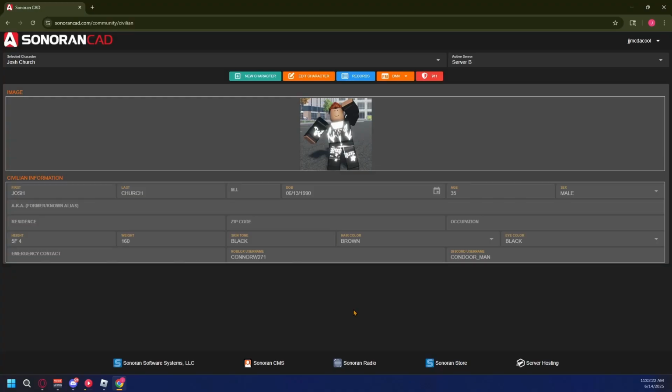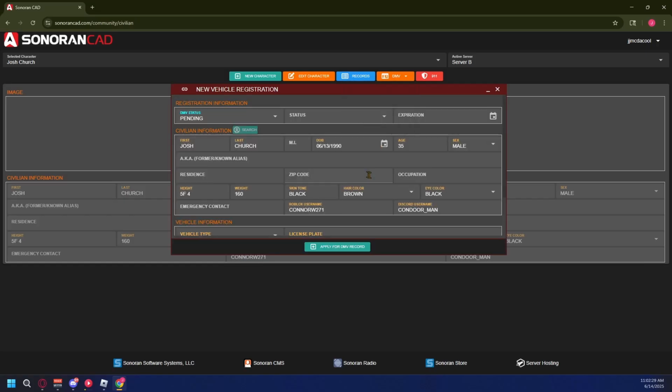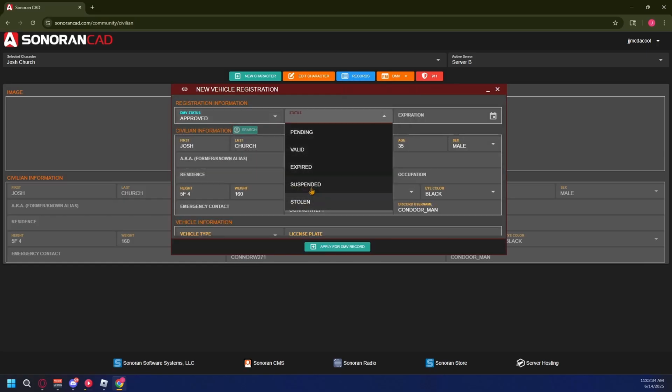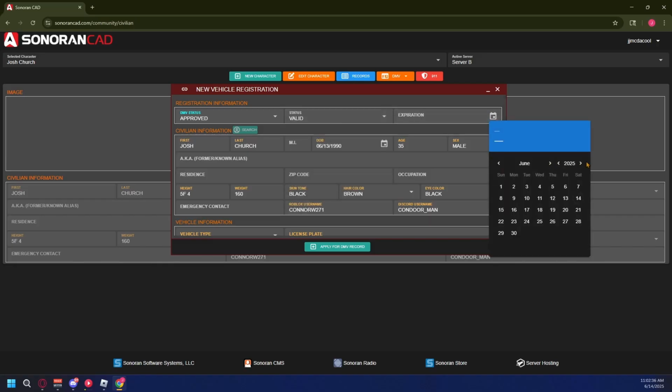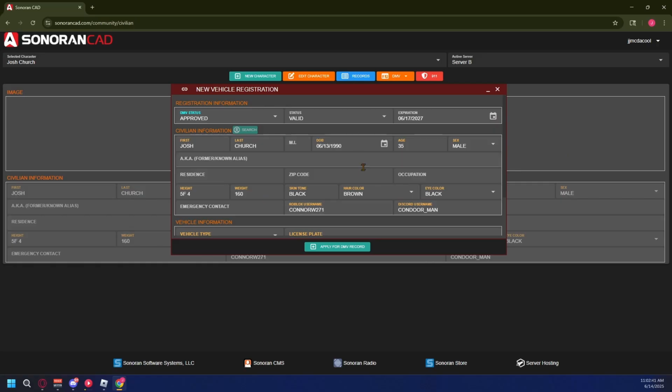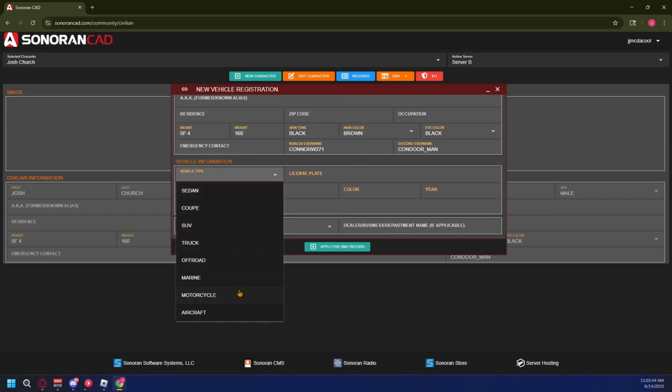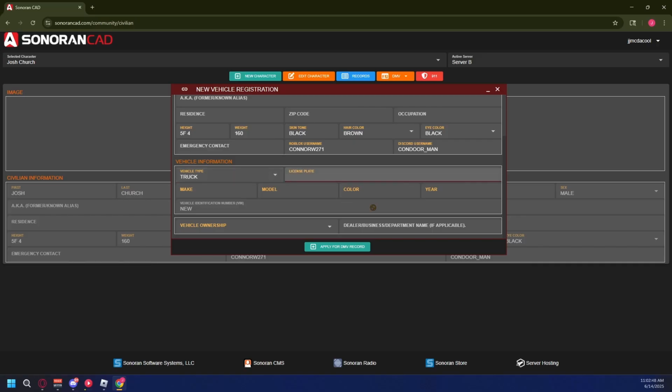But if you want to drive around, you gotta get some licenses, right? So if you head on over to DMV, and let's just register a vehicle. So we're gonna just say this is approved, status is valid, expiration, we can do a few years from now. And all of our info is automatically filled out here, so we just gotta go down to vehicle, and just gotta put it in here. So if I wanna register my truck with the license plate -45, and you just kind of fill out all this info here, and then once you apply, then you will